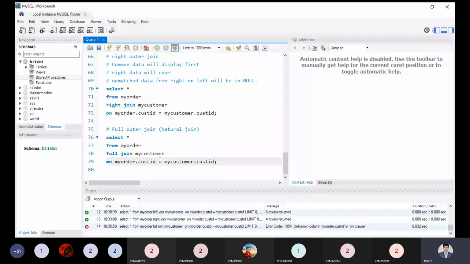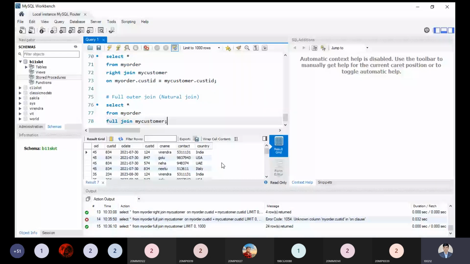Yeah, okay, the condition will not be applicable. Yes, that is a point. So it is a natural join, but okay, it's not natural. This is showing the Cartesian product actually. It's just like a Cartesian product.